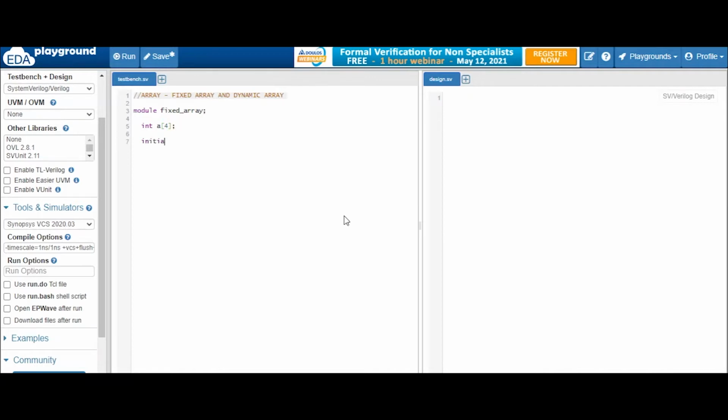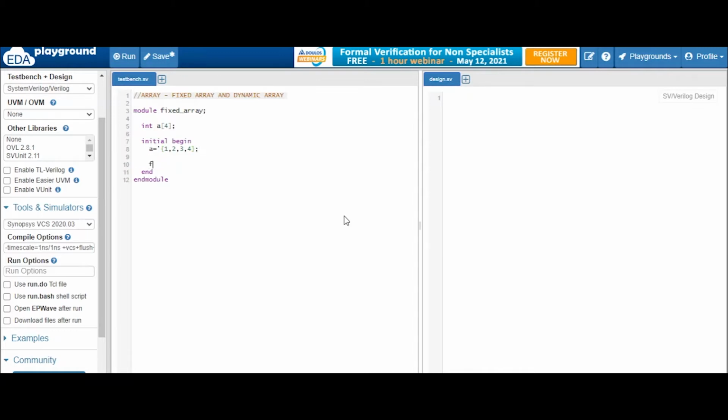Now in an initial begin and end block, we will assign the elements inside. We have a size of 4, so now we will assign the elements to it, like this: a is equal to tick 1 2 3 4. These are the 4 elements inside this, right?